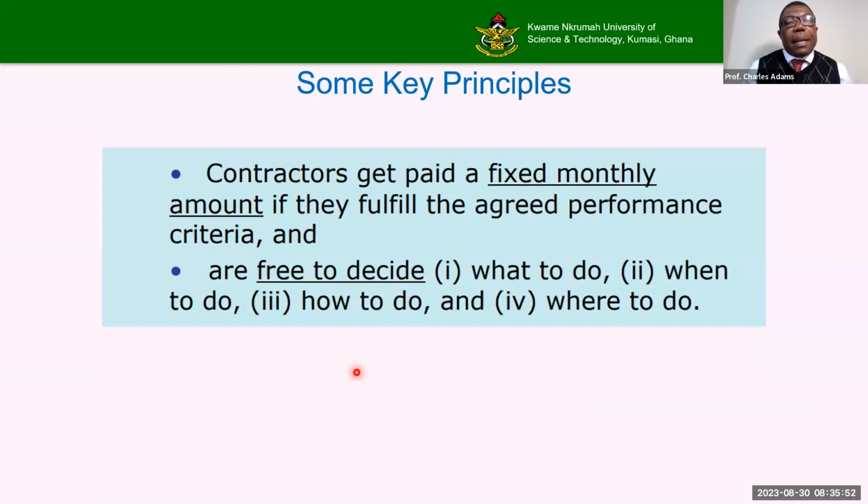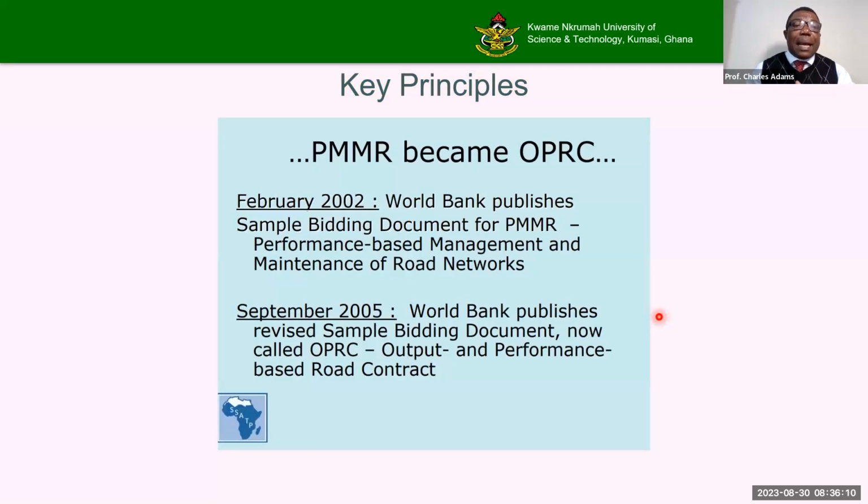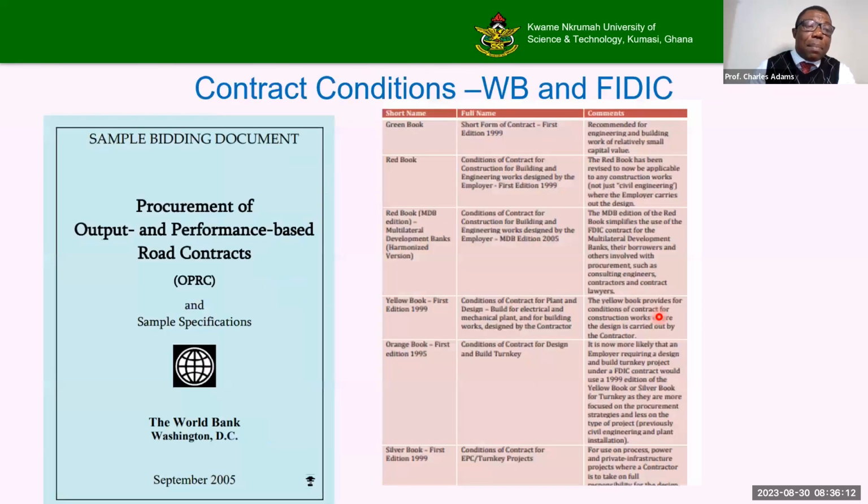All right. And then contractor is paid installments or paid based on work done. And he's free to decide what to do, when to do it, how to do it, where to do it. So when he makes his program, we approve it, and then we monitor it. And then that is it. And these are the conditions World Bank is using, but the World Bank also is using an agreement with FIDIC and is using FIDIC conditions of contract to still combine with its own conditions of contract.